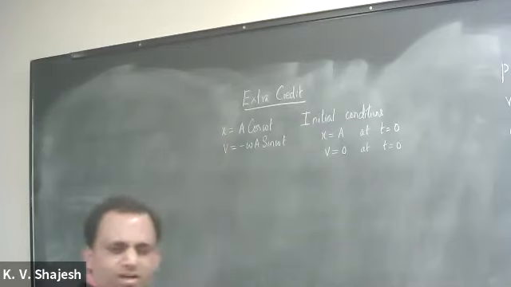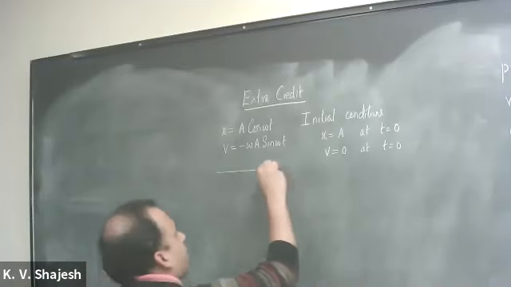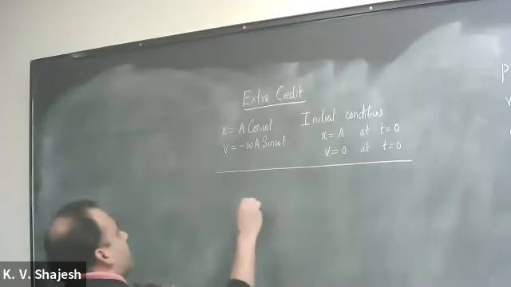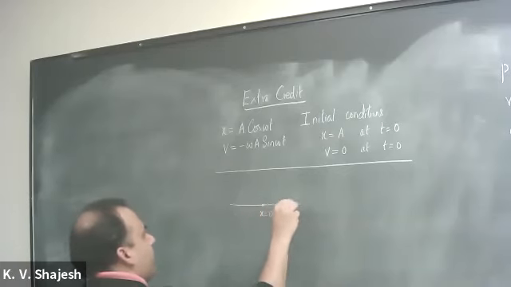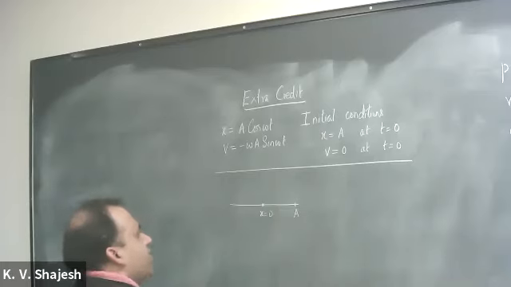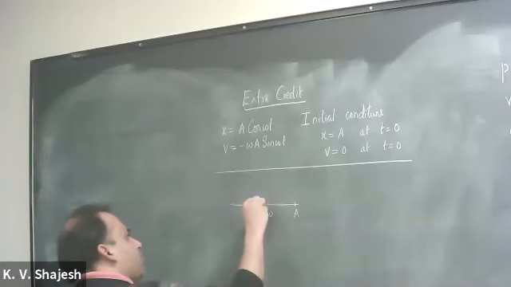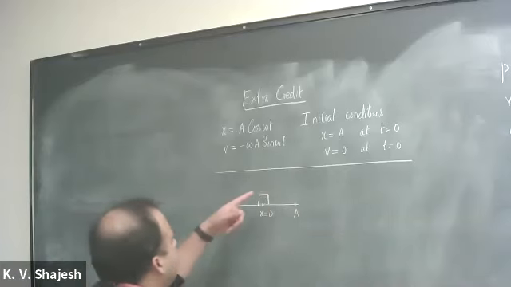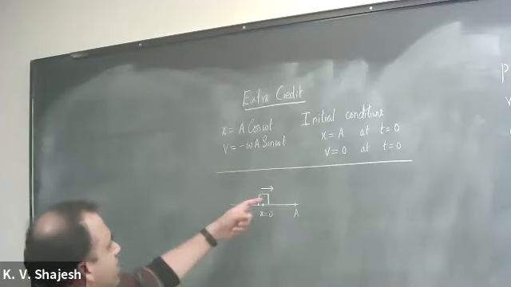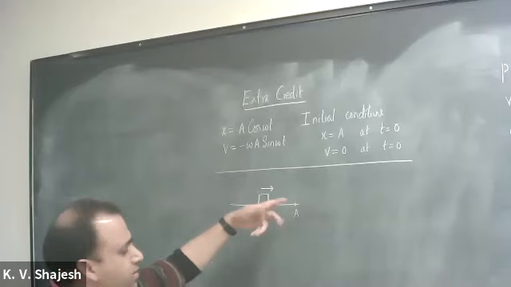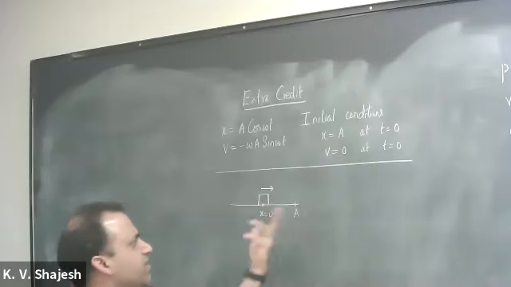But that need not be the only physical interpretation of an oscillation, right? For example, if you have this mass here, x equal to 0, and this is x equal to a, instead of stretching the spring and leaving it from here, I can actually push the mass m here. So give it a kick with a velocity v in the beginning. That's another way of starting an oscillation. I don't have to stretch it and then release it.